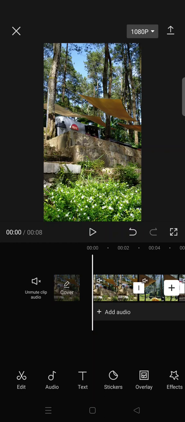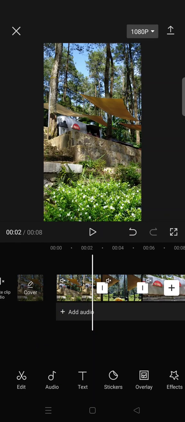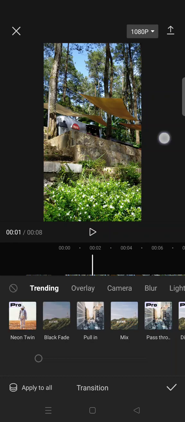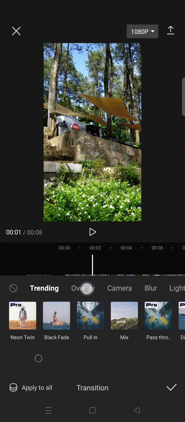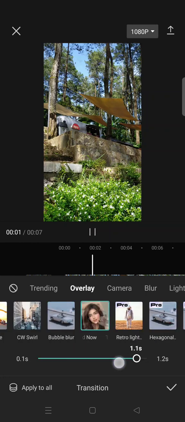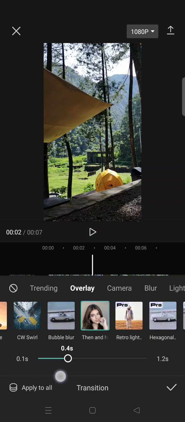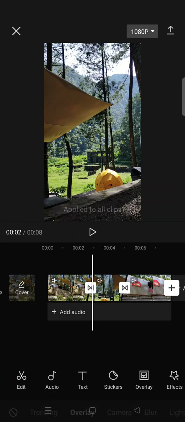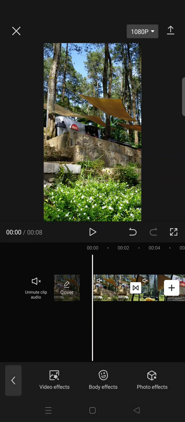In this video, I'm gonna show you the Blurry Then and Now Transition tutorial on CapCut. So what you need to do is start a new project and add your clips. Then click on the transition box, and here click on the overlay and then choose the Then and Now transition and set it to 0.4 seconds and click on apply to all. Go back and click on a check icon and then go to video effects,